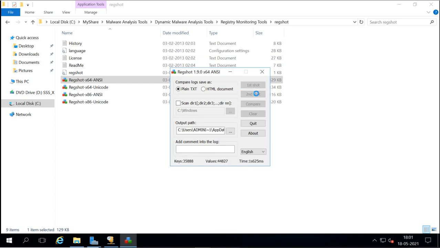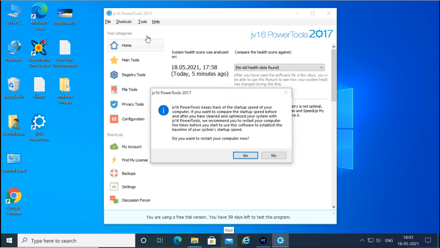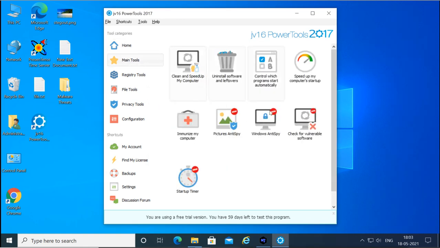Now it is doing what? It is taking the snapshot of my whole registry. It will take a little time, and this is JV16. After installation you have to restart it, and after restart you can do main tools. You can use these tools to clean up your system, clean up and speed up your system.